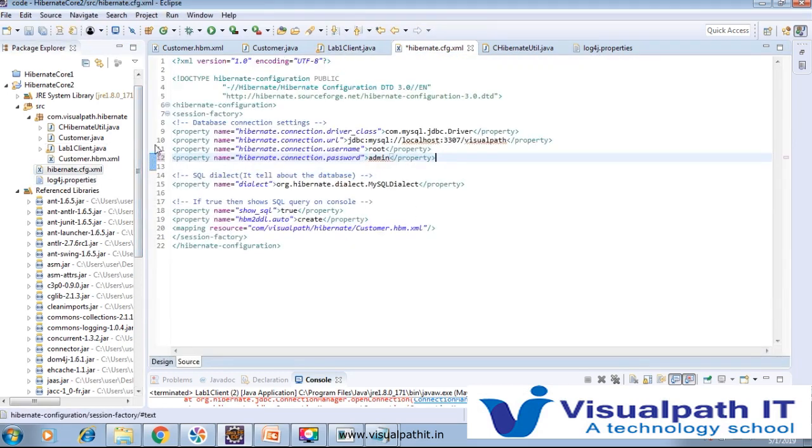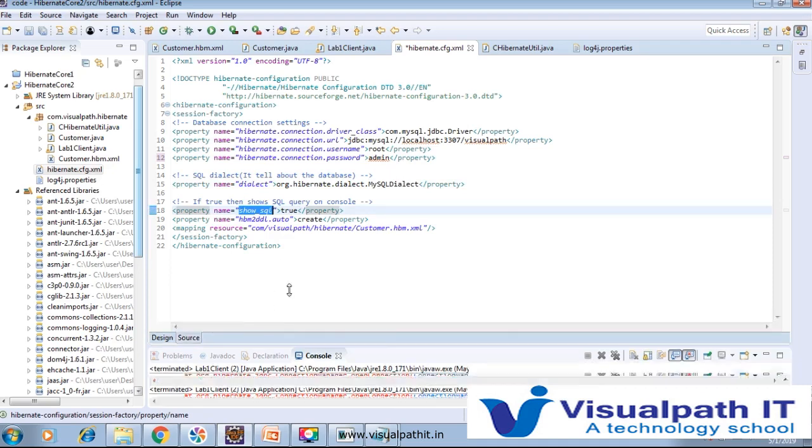So here the configuration file hibernate.cfg.xml is there, and it is a configuration class. You just have to add all the information related to the database, like driver class, URL, username, and password. The dialect means which database we are going to utilize. Through that, SQL will be generated automatically, and if you want to show the SQL,